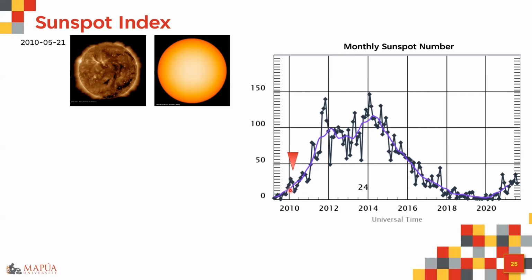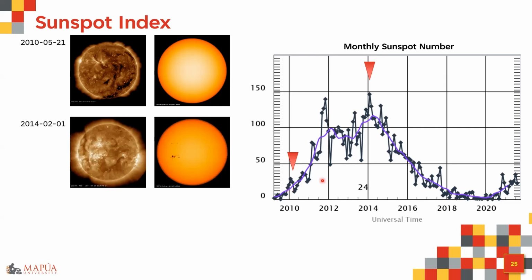Okay, which corresponds to the low monthly sunspot number. And then when you move to 2014 February 1, you can see that there is much more activity, as you can see here in the UV spectrum. Okay, so this is your sunspots, very large sunspot group, and you can actually see it here in the extreme UV spectrum as bright lights.